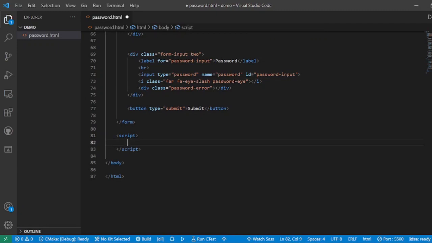So first we will capture this password I and then we would capture this password input. That is what I am going to do now by using query selector.